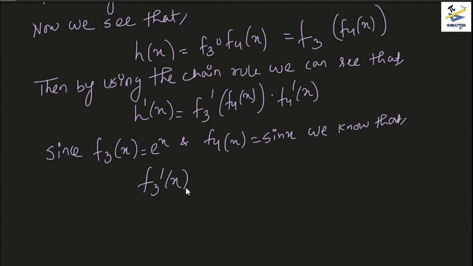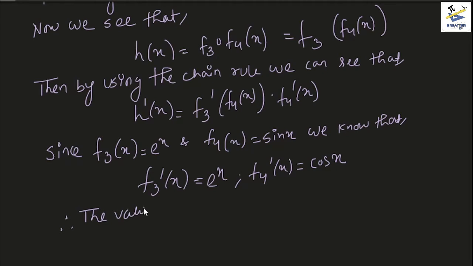f3 prime x would be equal to e to the power x itself, and f4 prime x would be equal to cosine of x, right? Yes. So f3 prime x would be e to the power x and f4 prime x would be cosine of x. Therefore, the final value,